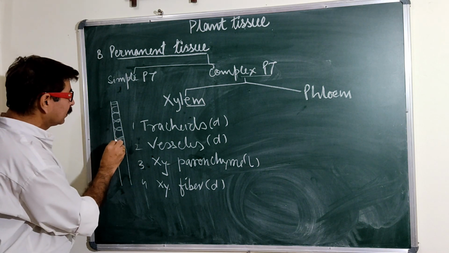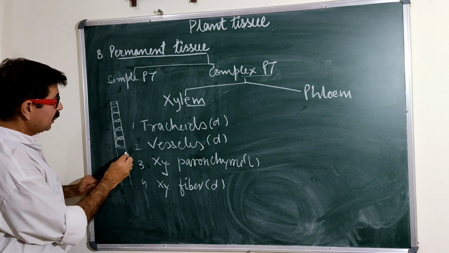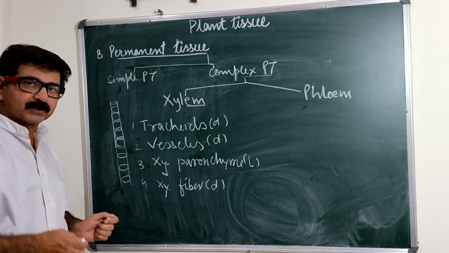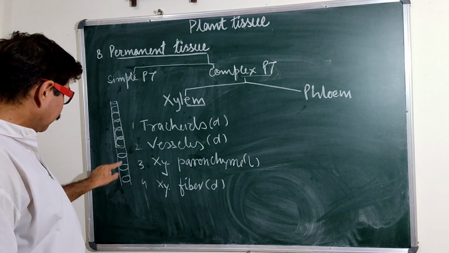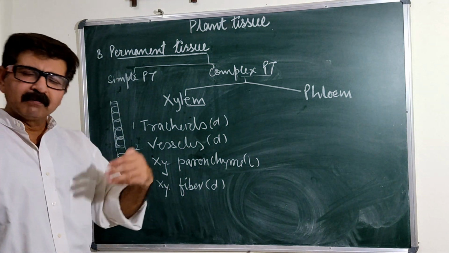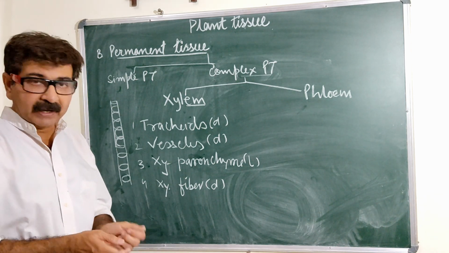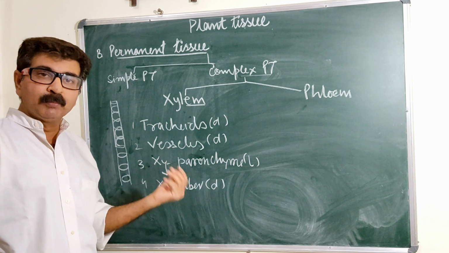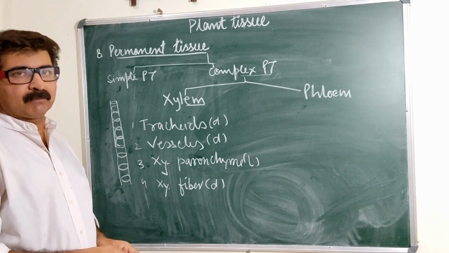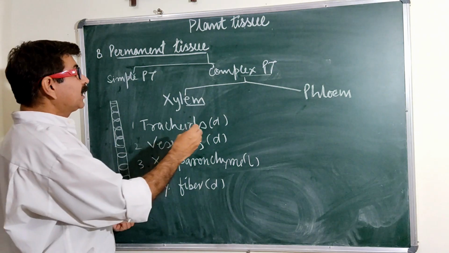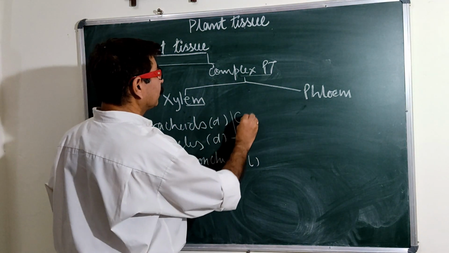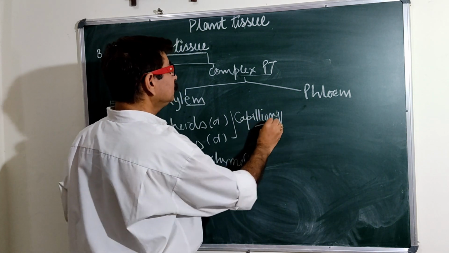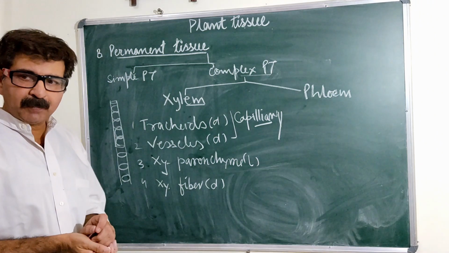This may be spiral, ये स्पाइरल भी हो सकता है, ये एनुलर भी हो सकता है, and the ring form हो सकते हैं. If the rings are formed, annular. If there is spiral, reticular, many types of that. इनका मेजर फंक्शन क्या है? इनका मेजर फंक्शन वाटर कंडक्शन करना है, क्योंकि इनमें ल्यूमन, इनका एरिया क्रॉस सेक्शन बहुत कम होता है. These all are actually capillary tubes. What is a capillary tube? So they help conduction of water.